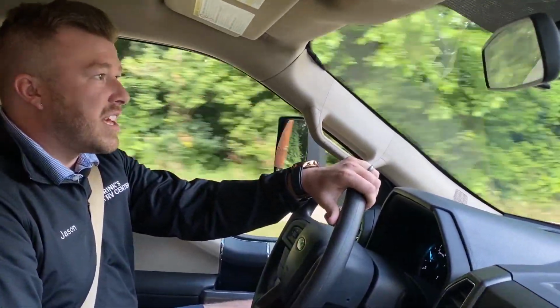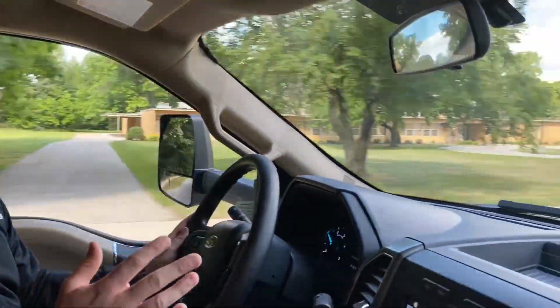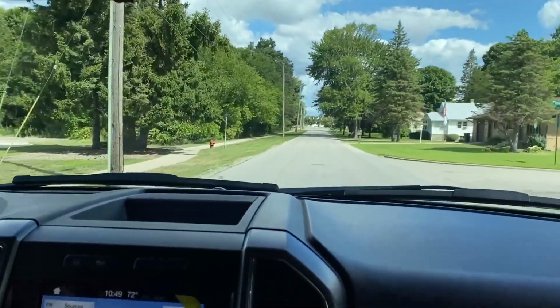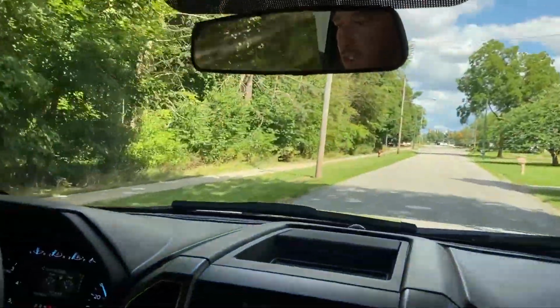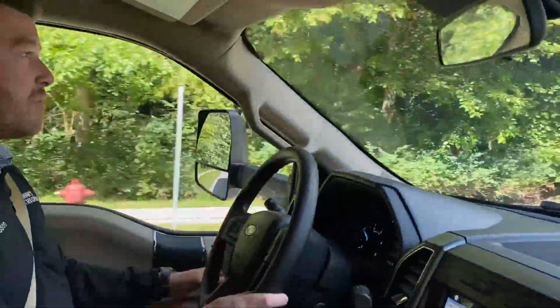It's absolutely fantastic. The thing drives so smooth, and I'm driving this thing right now with no weight in it. So once you put some water in here, and you got 96 gallons of water, you put all your stuff in here, you pull a trailer behind you, this thing drives even more smooth down the road. It's really, really quiet. Generator is completely in the back, so you don't even hear it from up front here,